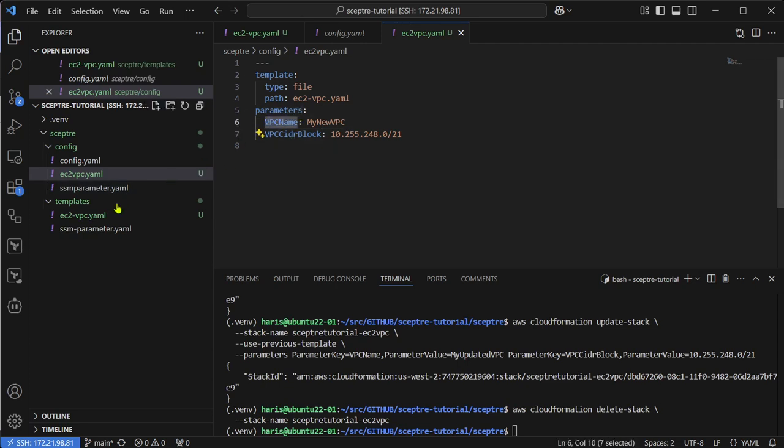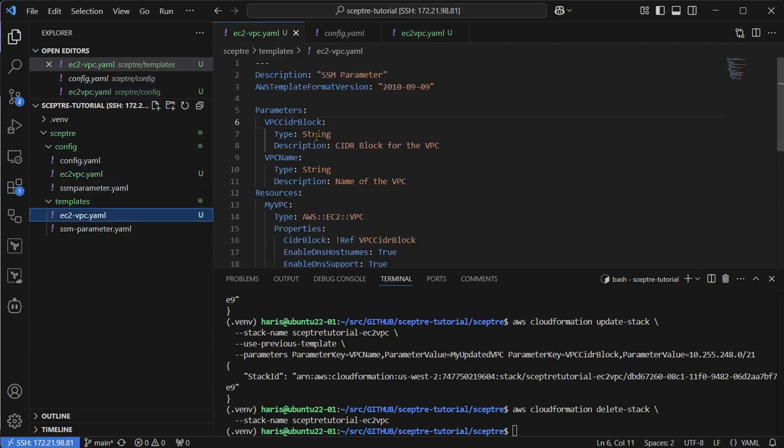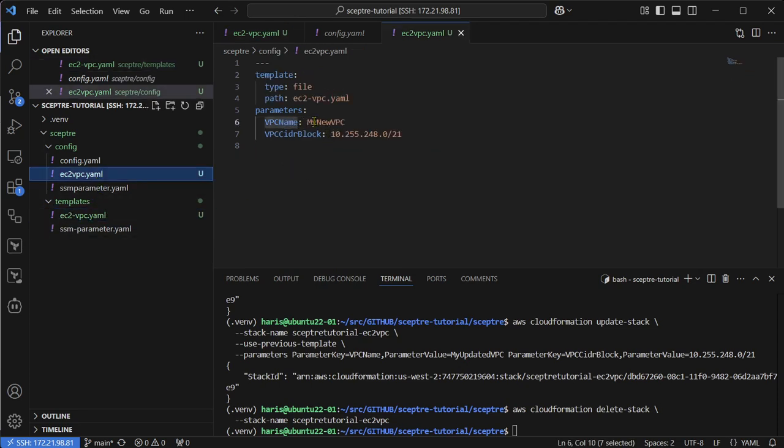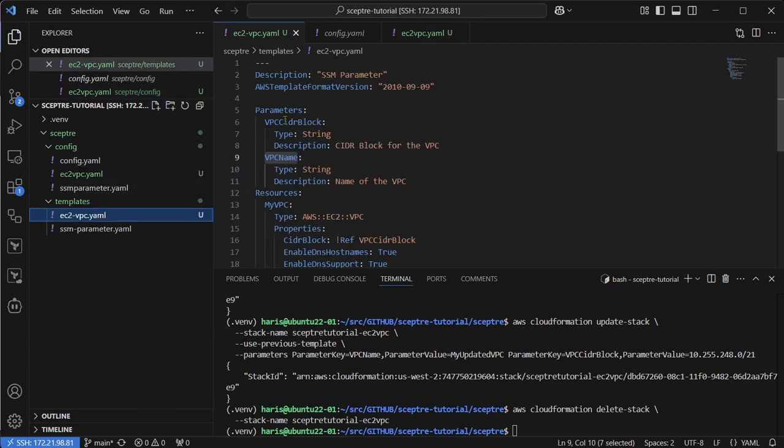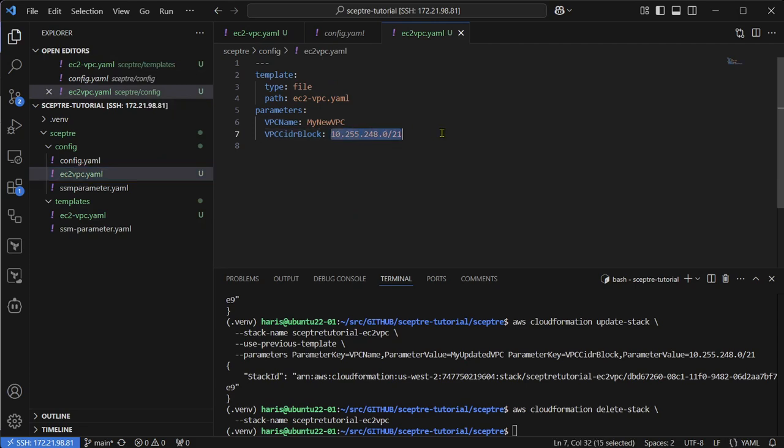VPC name will be used for this parameter, and the value will be my new VPC, and then VPC CIDR block will be used to supply the value for this one, and the value will be 10.255.248.0/21. So to deploy this stack, we issue the command